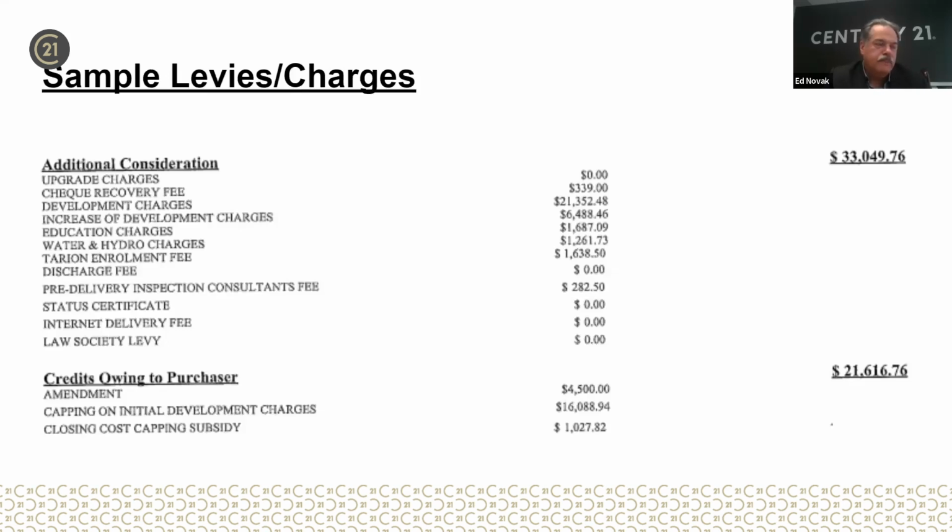There's a Tarion warranty enrollment fee. I don't know what a discharge fee is. I don't know what a cheque recovery fee is, but builders will stick all kinds of stuff into the agreement of purchase and sale. In this particular case, there was a cashback component to the purchase, $4,500, and the cap was $16,000. So instead of paying $30-something odd thousand, they paid $12,000. Huge savings,